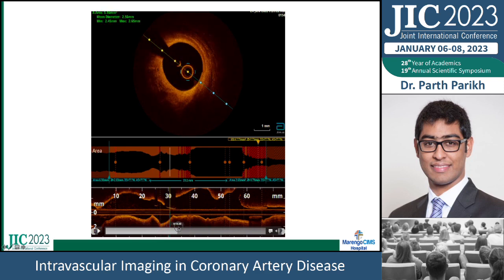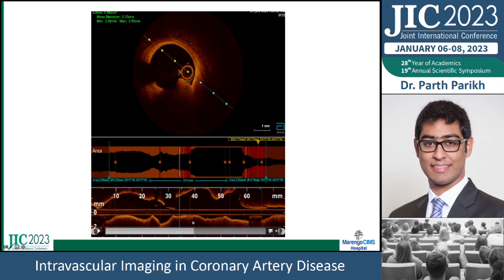Good. And then again, this is coming proximal. And here you can see that there is some kind of thrombus filled in the cavity, which is likely plaque rupture. It's hard to say beyond the thrombus because you can't really see whether there is a true erosion or